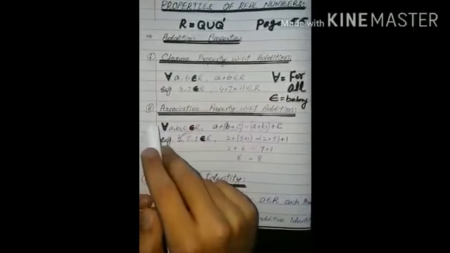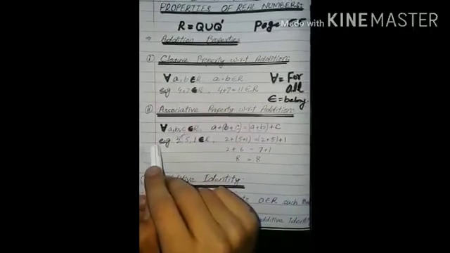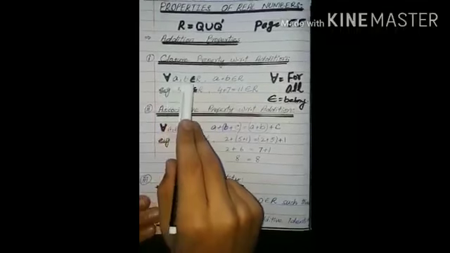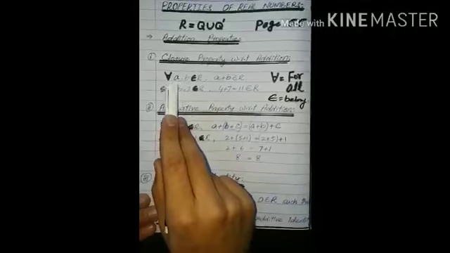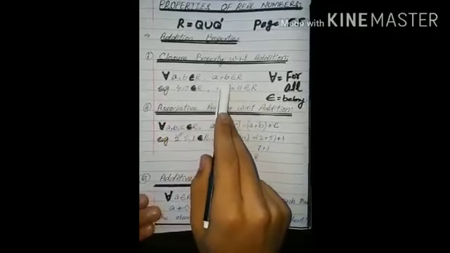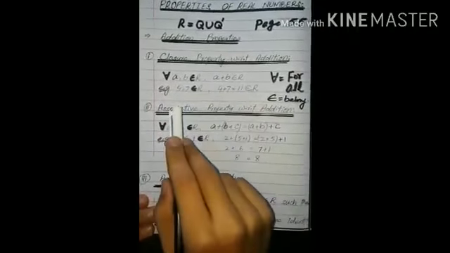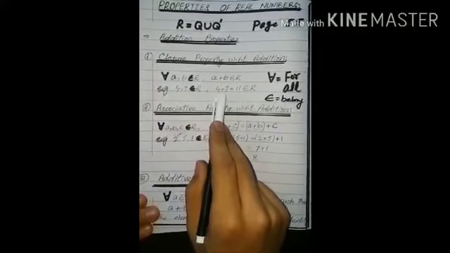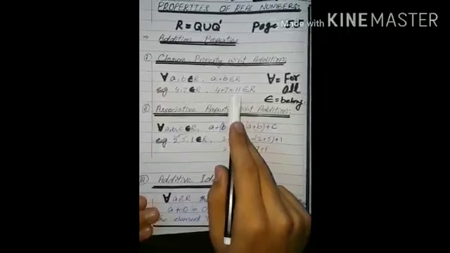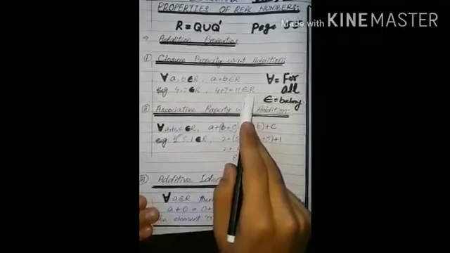For general representation of real numbers, we use small English alphabets. So A and B are any two real numbers, and the closure property says that when we add any two real numbers, the result will again be a real number. For example, 4 and 7 are two real numbers, and when we add them we get 11, and 11 is again a real number.